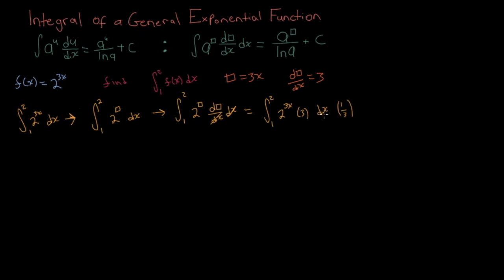So the 3's cancel, and now this entire thing is in this form. The next trick we're going to use to make sure this integral works for us is to take the 1 over 3 out of the integrand, so that we have 1 over 3 times the integral from 1 to 2 of 2 to the power of 3x times 3